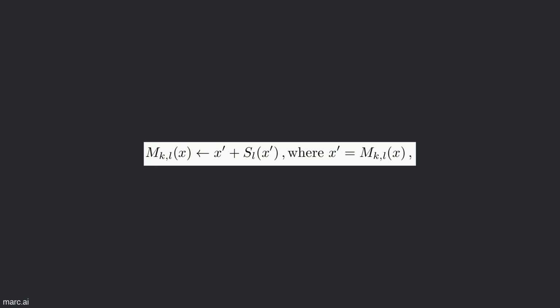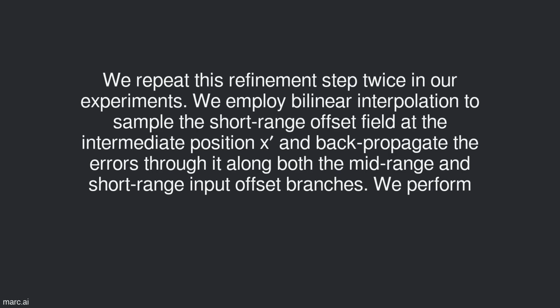Recurrent offset refinement. Particularly for large person instances, the edges of the kinematic graph connect pairs of keypoints such as right elbow and right shoulder, which may be several hundred pixels away in the image, making it hard to generate accurate regressions. We have successfully addressed this important issue by recurrently refining the mid-range pairwise offsets using the more accurate short-range offsets. We repeat this refinement step twice in our experiments.